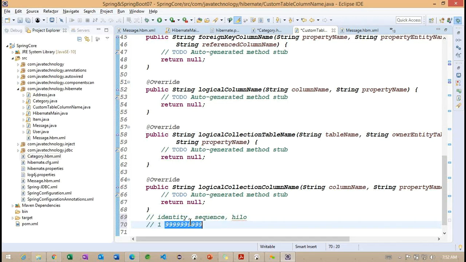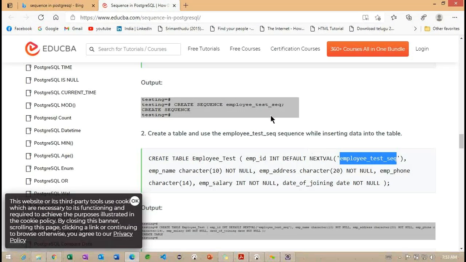With the help of this max value, up to this the sequence is going to run. When this sequence limit is reached, what happens? Again, we need to create a new sequence. Right. So these are about the sequence information, because we identified the particular syntax creation here.